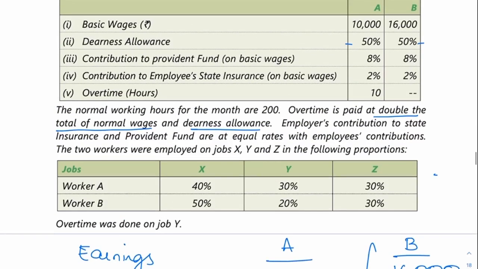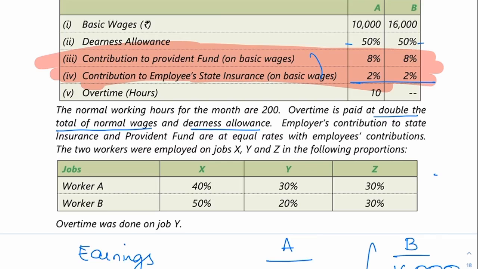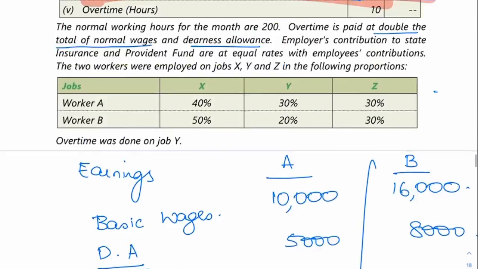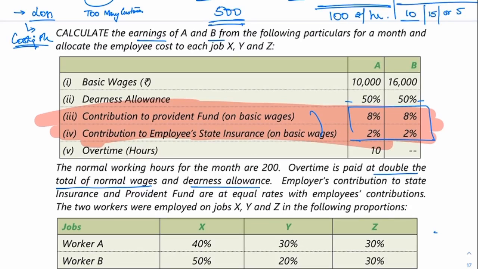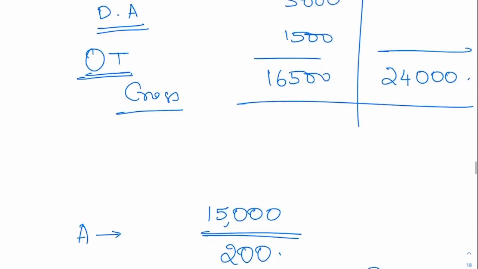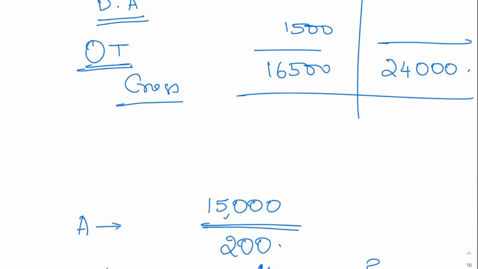Now you might ask me a question, what happens to this? So when you are making a payment to an employee, you will reduce this and then pay. I told you from his salary you are going to reduce the deductions. How much are they saying? 8 and 2, 10% of the basic wages. So ESI and Provident Fund. Provident Fund is 8%, ESI is 2%, so that will be 200 and 320,